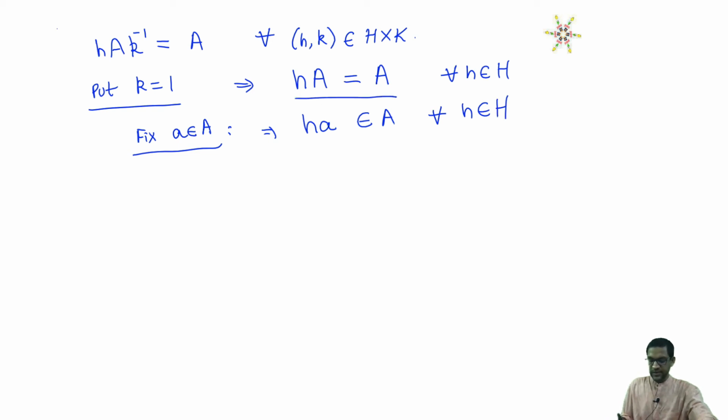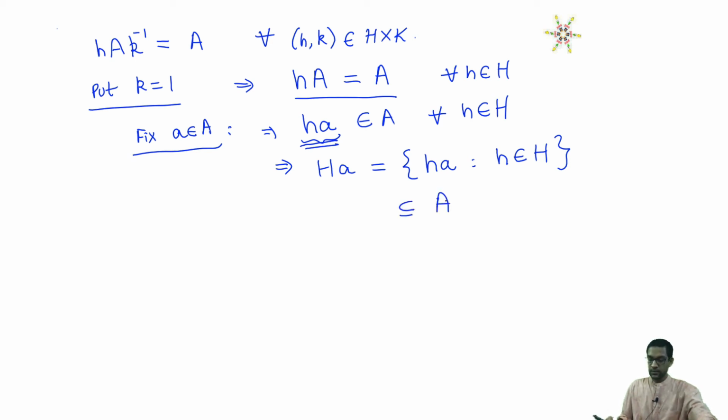If I take this element A, which comes from capital A, and I multiply it on the left by H, the answer is again in A. But what does that mean? Look at elements of the form HA as H runs over H. This is exactly the right coset HA, the set of elements of this form, with H coming from H. So saying that every such product HA belongs to A just means that this entire right